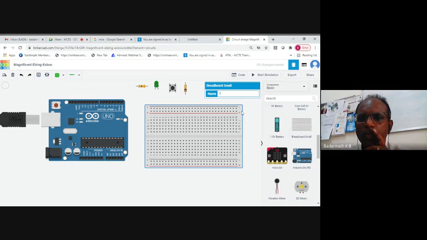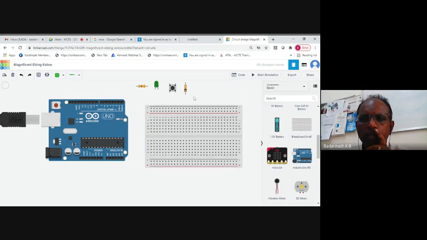Once you have the breadboard, you should know how the breadboard works. Keep your cursor here. They are showing A, B, C, D, E. They are all internally connected.